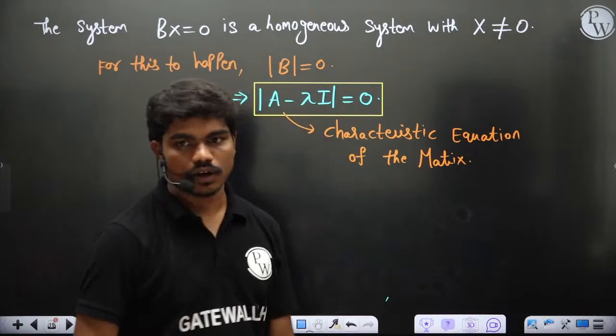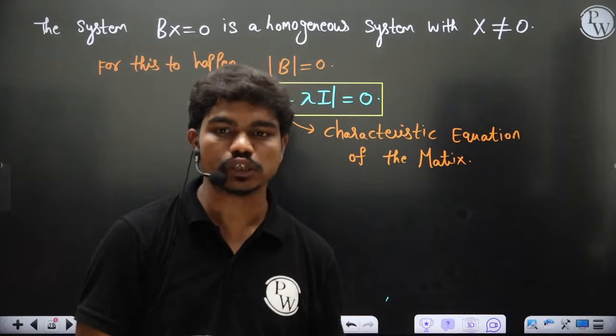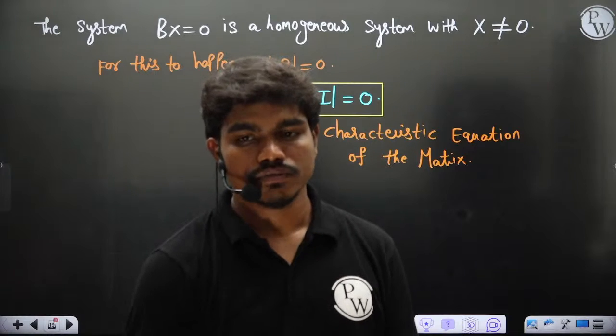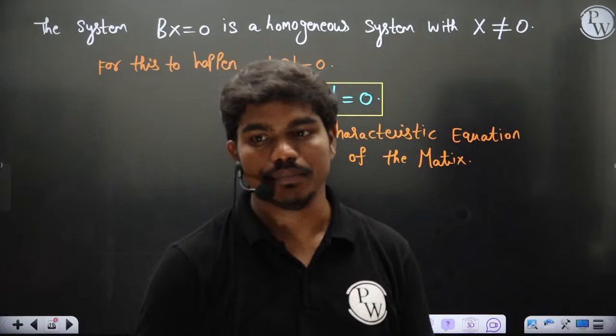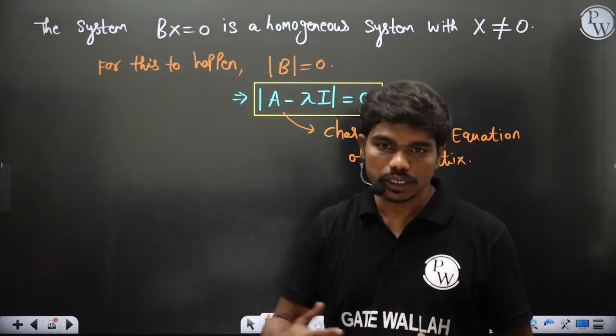Characteristic equation of the matrix. Generally, people tell you to calculate det of A minus lambda I equal to 0 to find eigenvalues. But why should you calculate det of A minus lambda I equal to 0? Why are you very much interested in that? Because you are actually not interested in finding lambdas, but in finding those